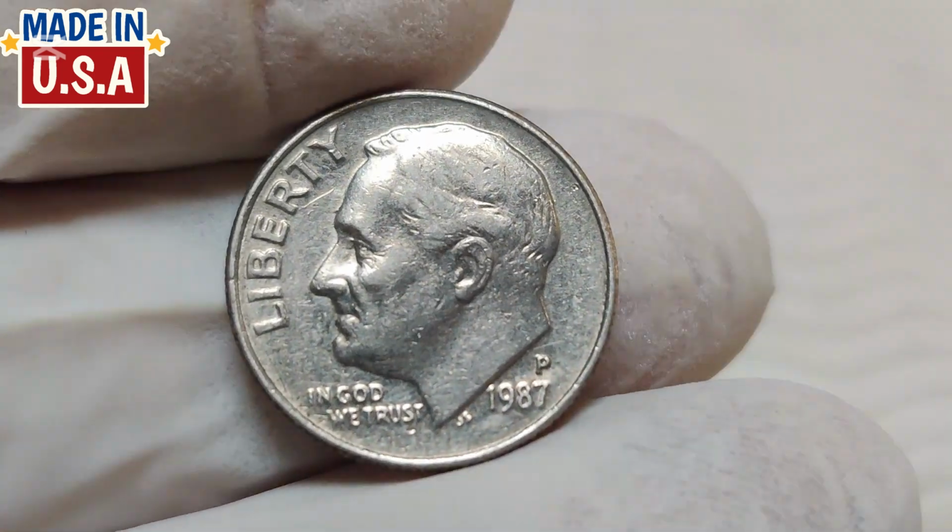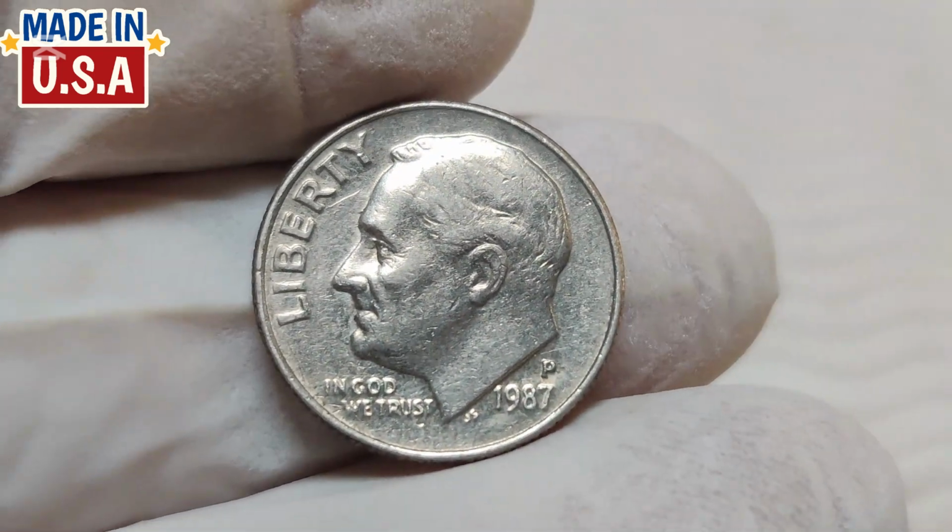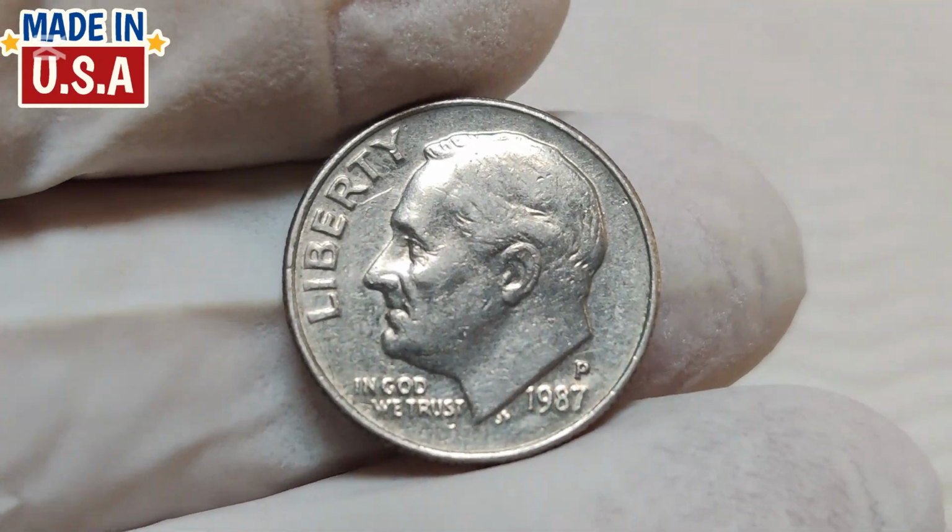We'll explore its history, design, mintage, errors, and why some of these coins have sold for hundreds and even thousands